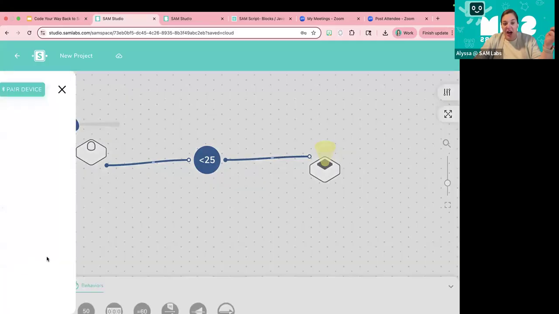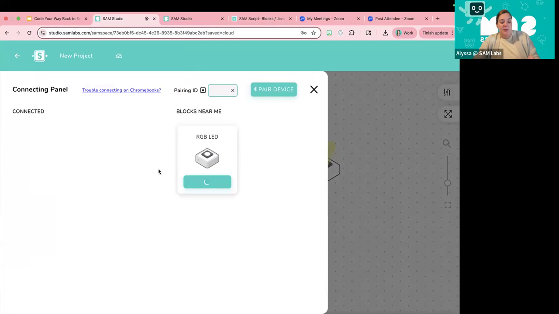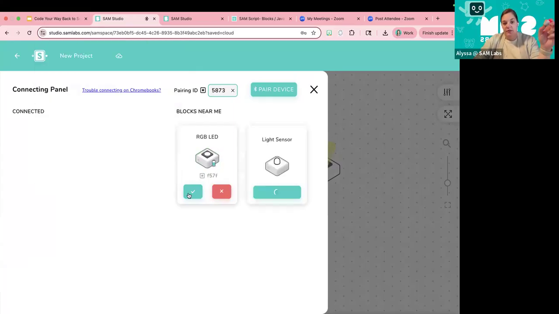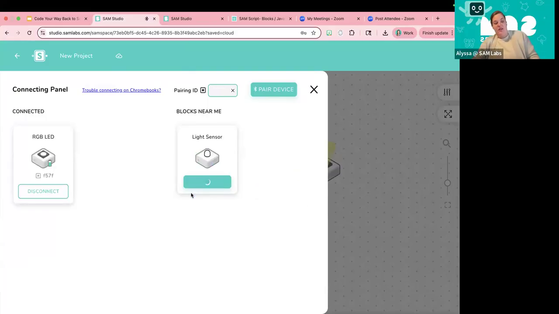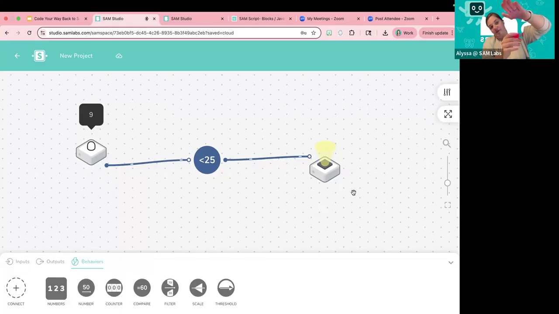If I were to connect my blocks, and I'll just do that quickly here, I'll use the pairing ID for this light sensor. It's 5873. So I've got my RGB LED connected and my light sensor connected. Now that they're both connected, I can put them in this little red stand, and then I have a street light. As the sun goes down, my light turns on, and as it gets brighter,